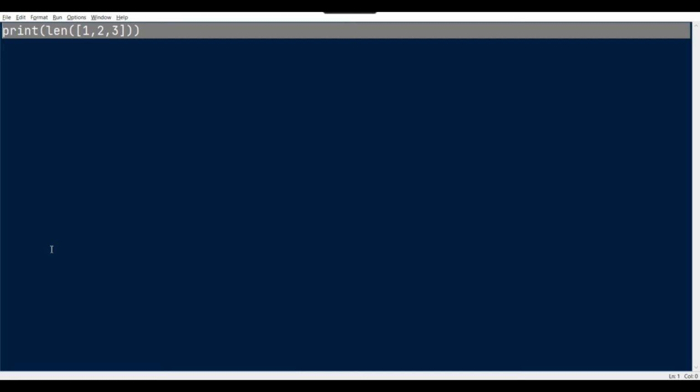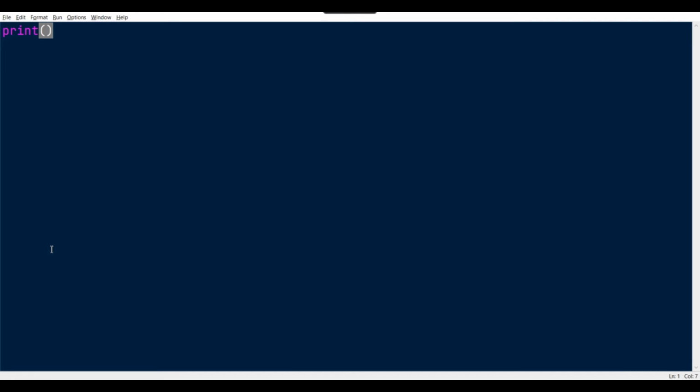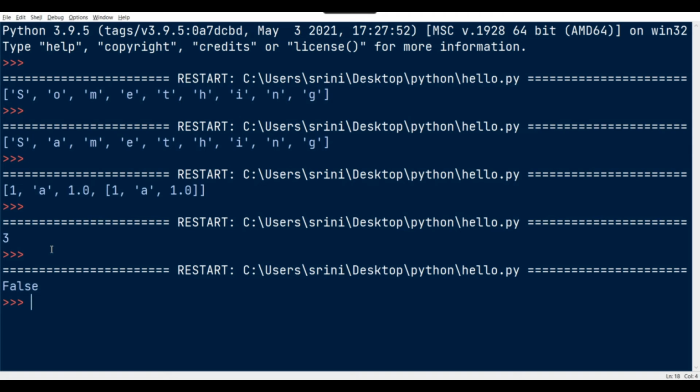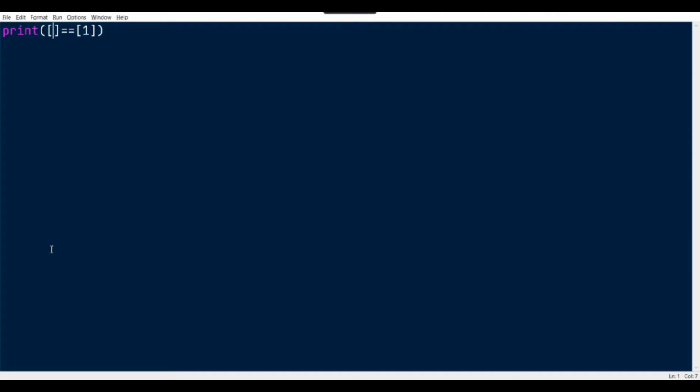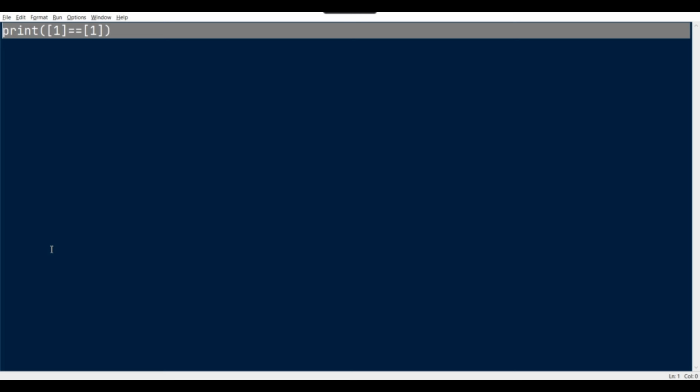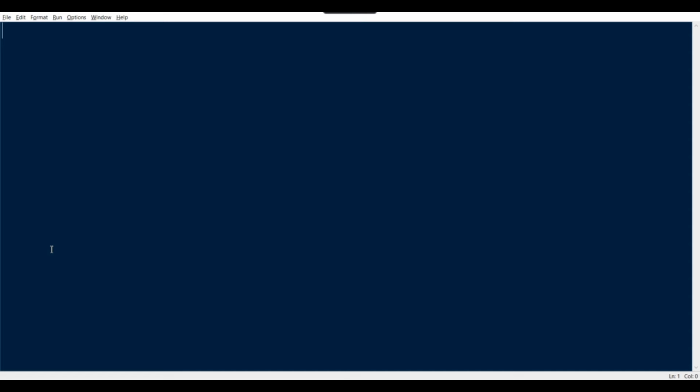We can compare two lists. Print, is this equal to this? False. Is this equal to that one? False. Are both things equal? Obviously it's true. Likewise we can do comparison with the membership operator.